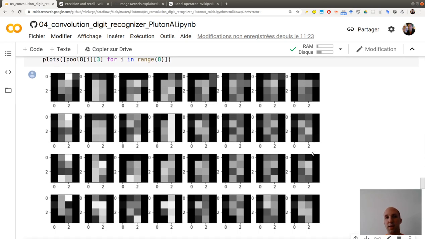If you believe this should work, each of these lines corresponds to an 8, so you hope that they have common features. And you see that indeed they have, a little bit at least. For example, each time you are highlighting a lot, probably the top part of the 8 at the top and also at the bottom over there, and you have a little bit of diagonal over there and over there.